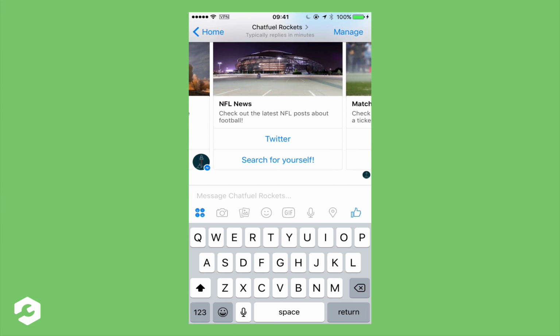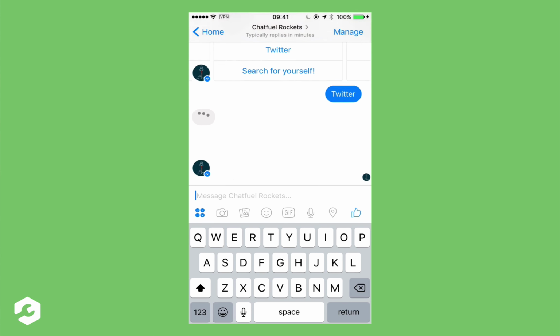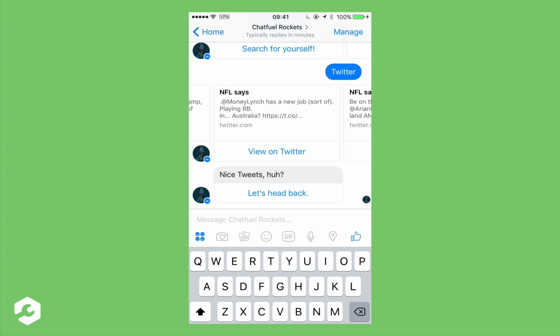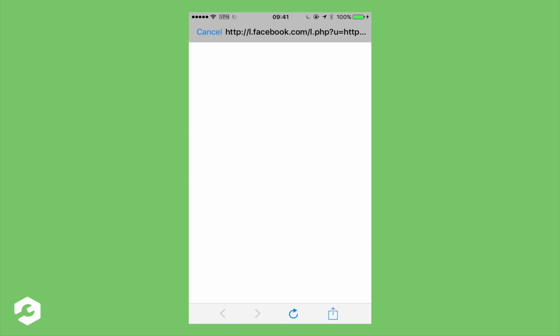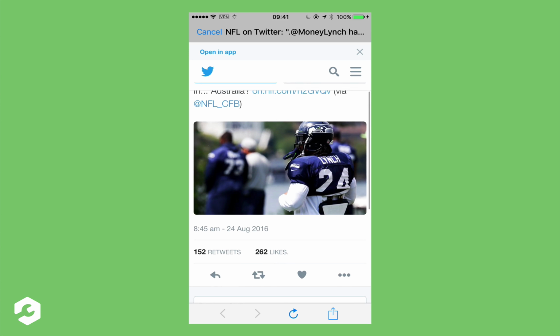Great, everything seems to be working. Let's check if NFL tweeted meanwhile. Oh, here we go, they tweeted a few times. We can also view it directly on Twitter if we want. Awesome,